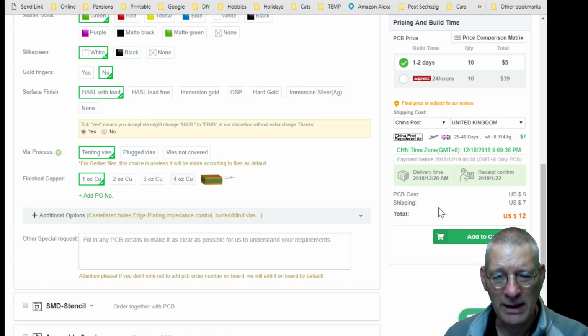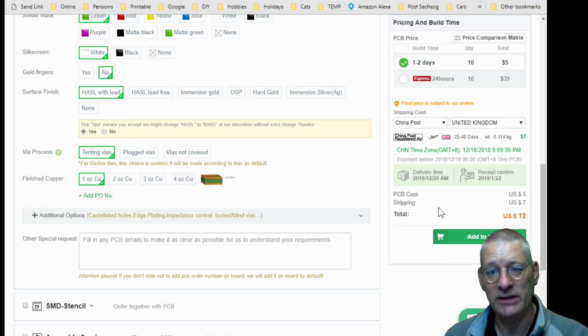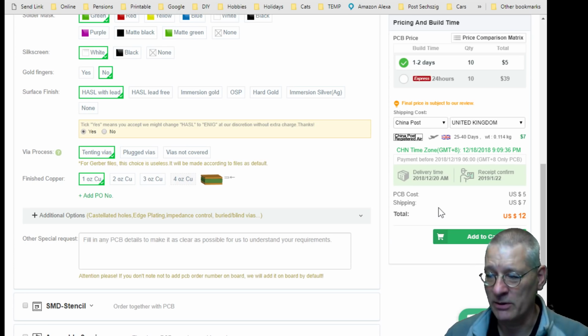Now, I've gone on about the shipping time on the slow boat to China before from some of our Far Eastern suppliers, and they've got a lot quicker lately. If you wait longer than 2 weeks, I think it's tough luck. Normally I get stuff within 2 weeks now, because the UK and the China Post have some special arrangement where they put it on some conveyor belt a bit quicker. To the USA, I think it's probably about the same amount of time, and I'm guessing that if you're in Australia, it's going to be quicker than ever, simply because you're closer. So if you don't want to spend the $20, but you think $7 might be reasonable, then go for